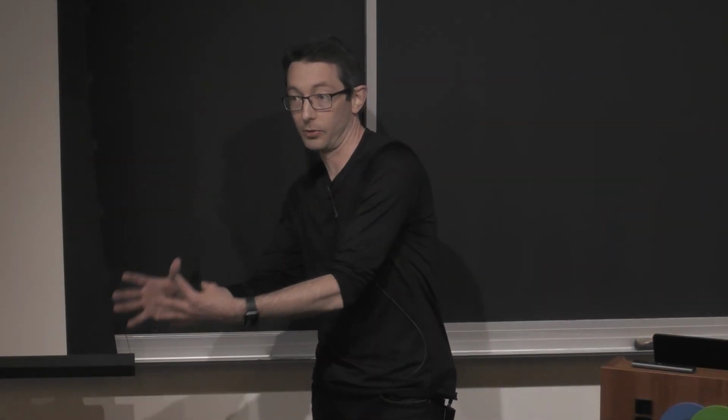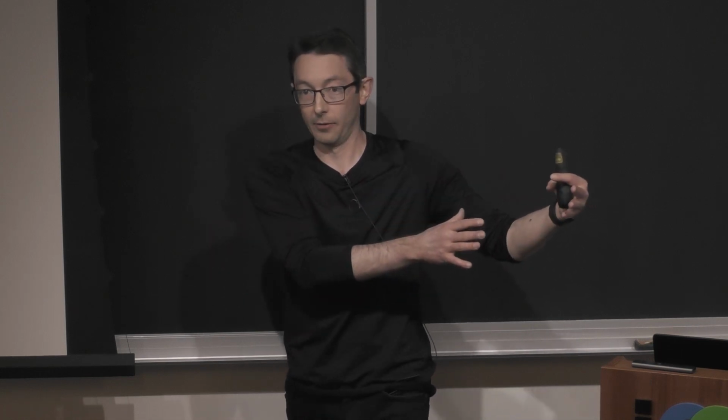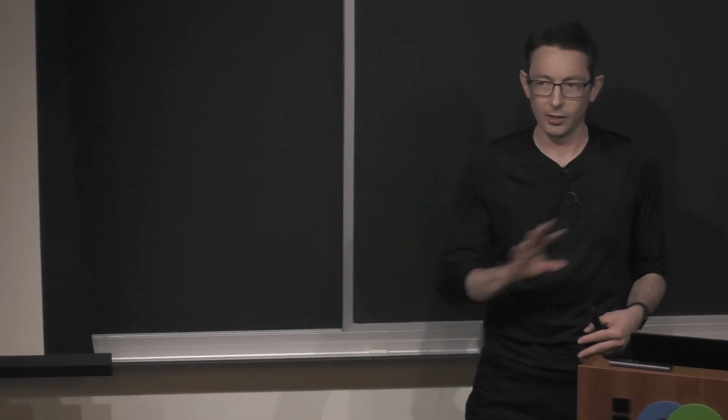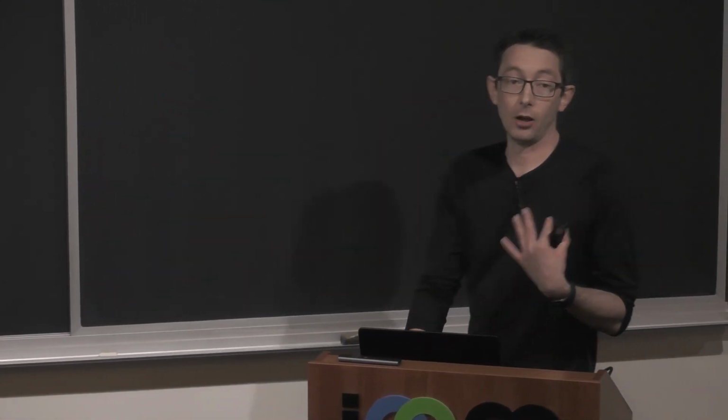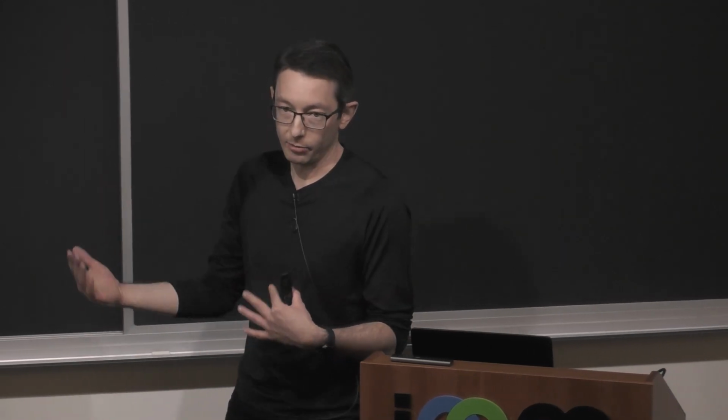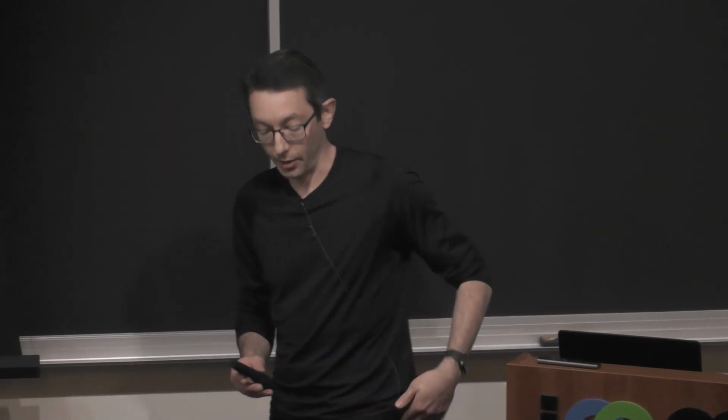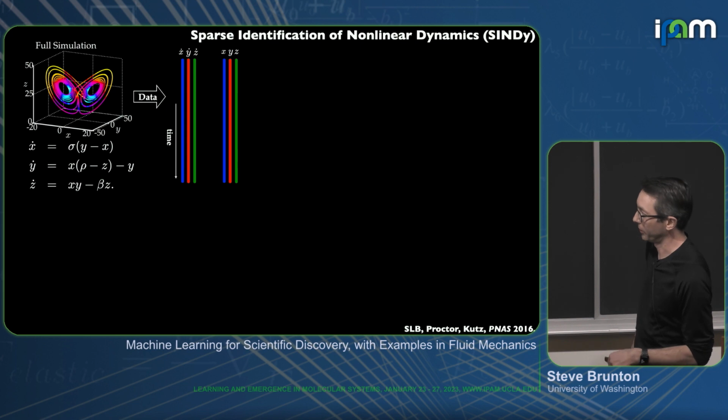So I'm going to set up how we can start to learn differential equation models that have those two features using relatively simple tools in machine learning. I'm going to start really, really simple, and then we're going to build complexity as we go. I should have mentioned, if you have any questions at any point, please just jump in and interrupt, okay? So I'm actually going to warm up on the Lorenz 1963 problem. It's a really easy toy problem to code up, and it's a pretty fun problem to play around with.